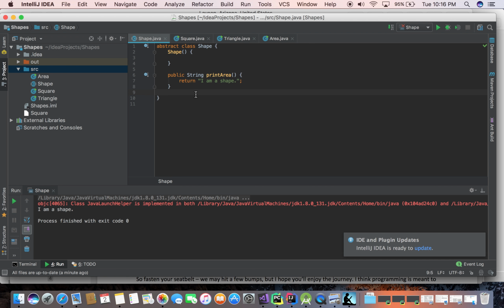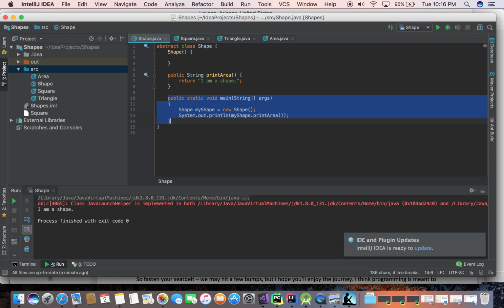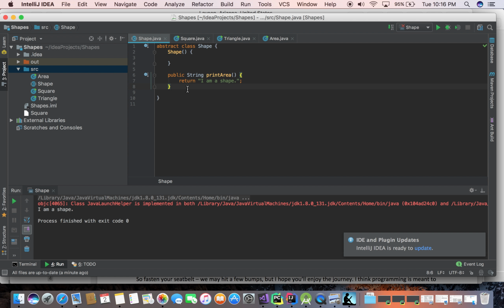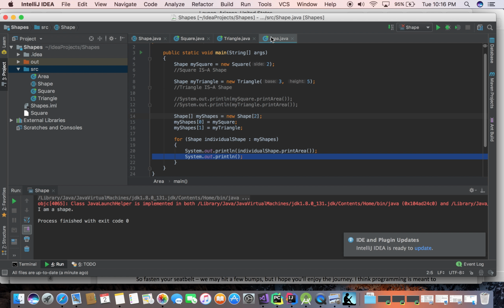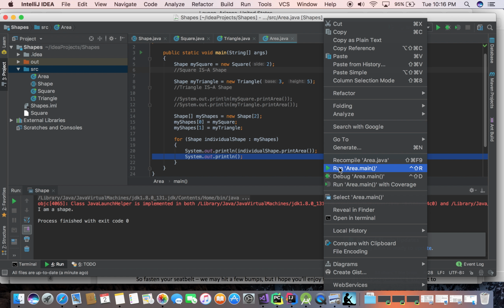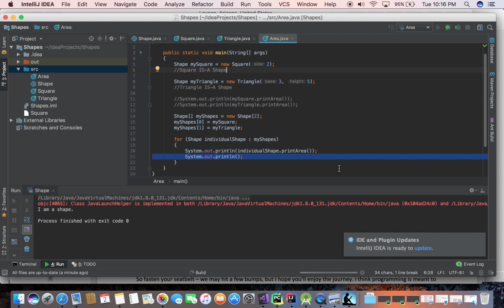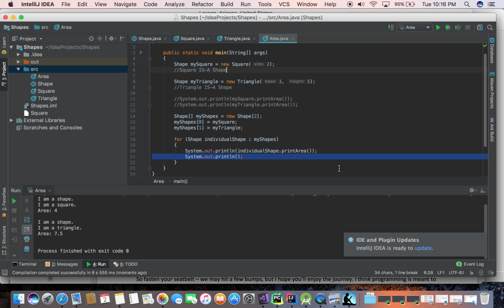So all I had to do is remove the instance of shape from the main. But at this point I don't need the main either, so I just took it out. And there you go. Technically I don't even need that constructor. It could just be simply what I have here. Now when I run it, it should give me the I am a shape, I am a square, the area, and there it is. So that's the video on